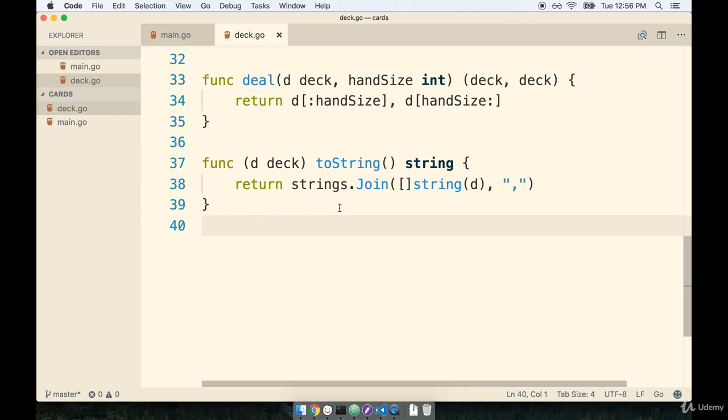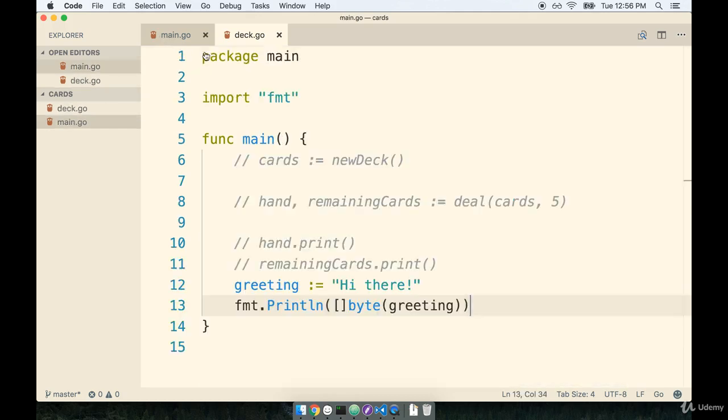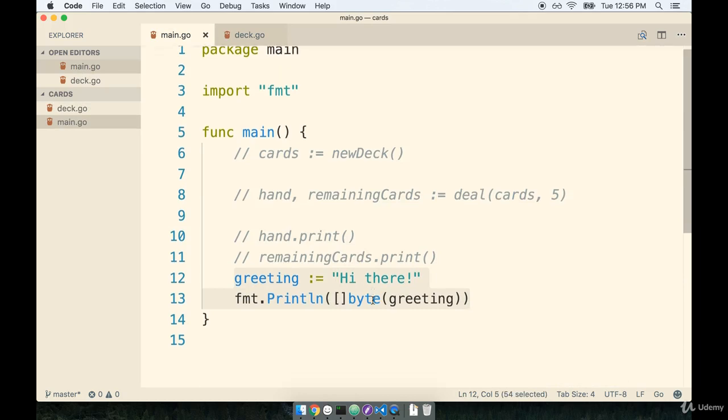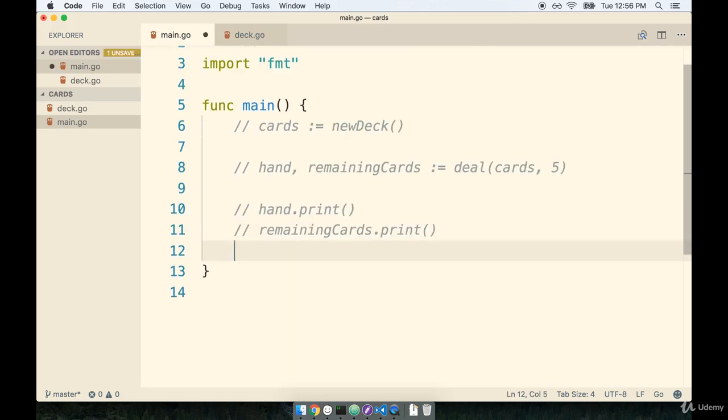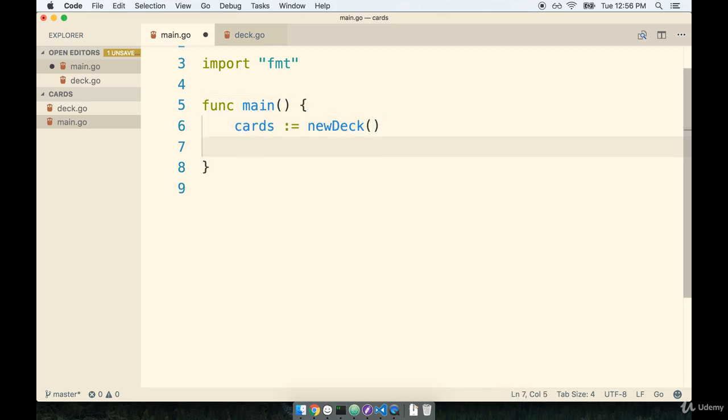Let's now test this out inside of our main.go file. So I'm going to flip back over and remove that little play-around statement we have right here. I'm going to make a new deck of cards. So I'll say newDeck. And you know what? We can probably just delete everything that we've commented out already. So I'll make my new deck, and then we'll call